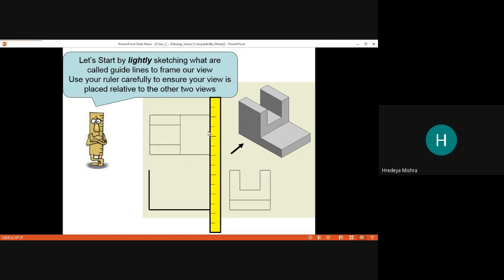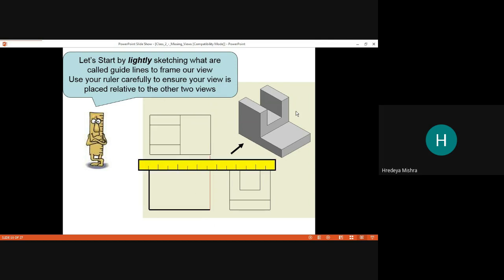You see, we make the front view with the help of these two views, not this isometric view. Now we can bound our front view: this is the side and this is the top side.